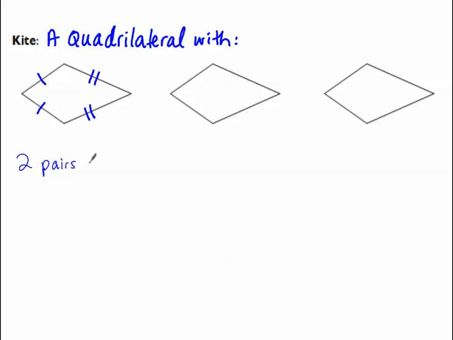Two pairs of consecutive, remember what consecutive means, next to each other, okay, two pairs of consecutive sides congruent. That defines a kite. Now, if we have a kite, if we have the two pairs of consecutive sides congruent, just consecutive sides, not opposite sides, that gives us other properties for a kite,